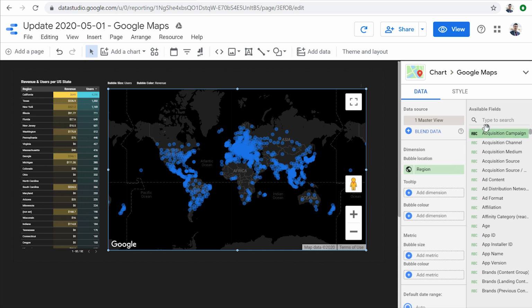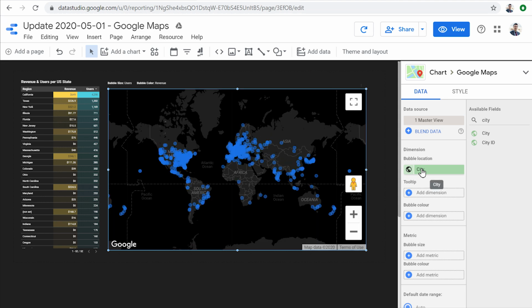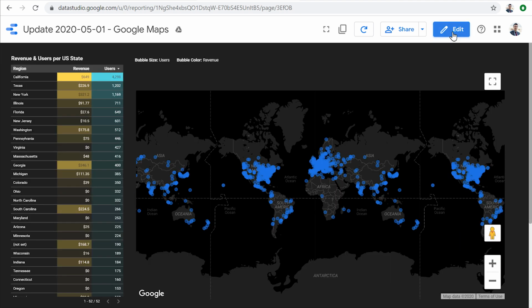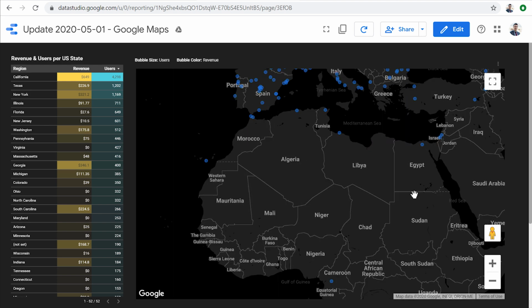We can plot cities instead of regions, and the number of bubbles should increase. Let's try and zoom in on the map in the view mode. It is not possible to interact with the map in the edit mode. We have to go to the view mode to interact with the map. And right now, because it is not filtered, it is showing the whole map. We can zoom in and see the data